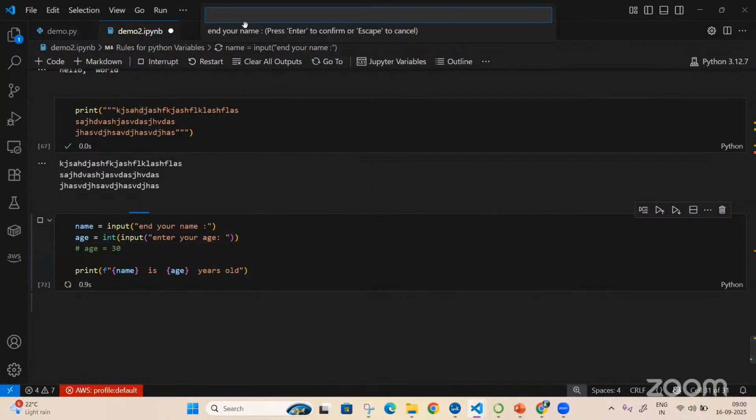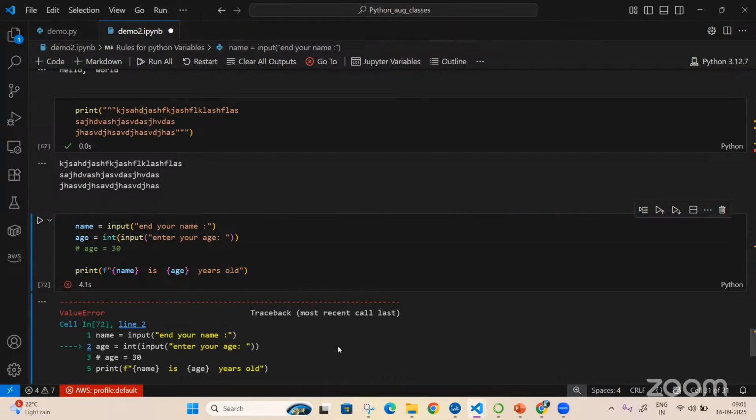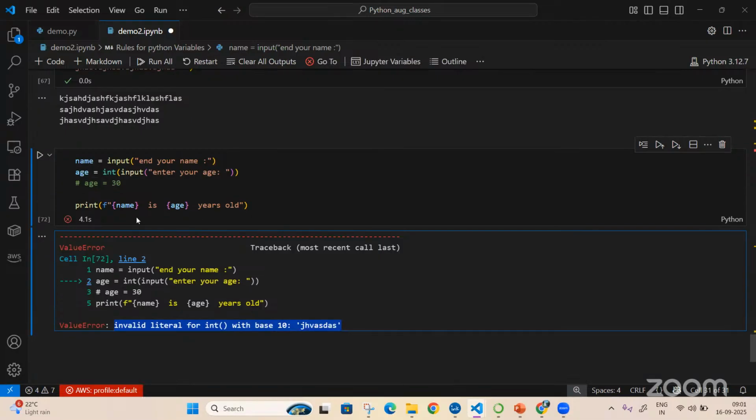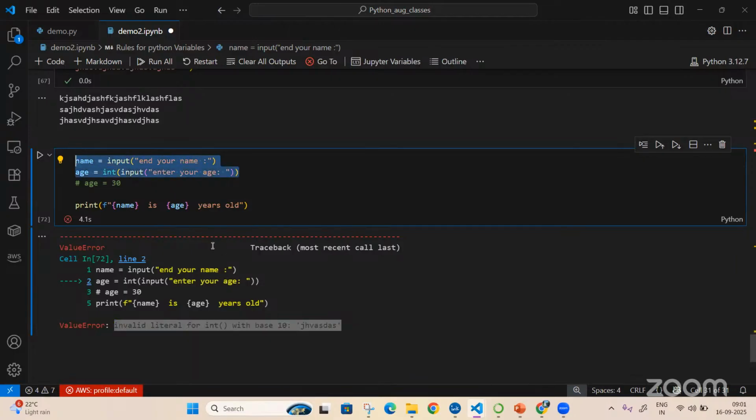And when I go and execute this, I'll give my name. And if I give any other value, what error is showing? Invalid literal for int. So if you want to make sure that your variable takes only a certain type, because this is on the go, you are assigning whatever value you put, after that particular data type is assigned to this variable.